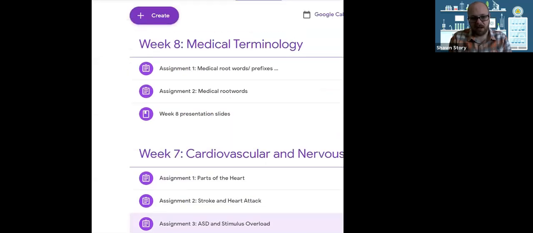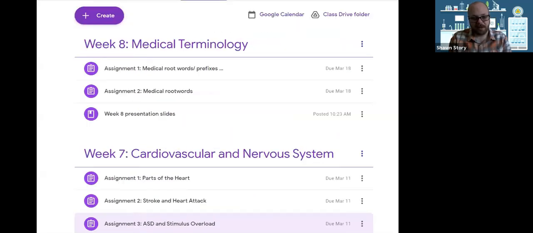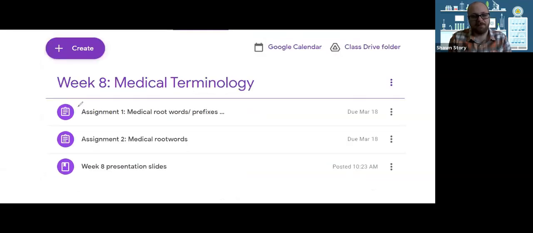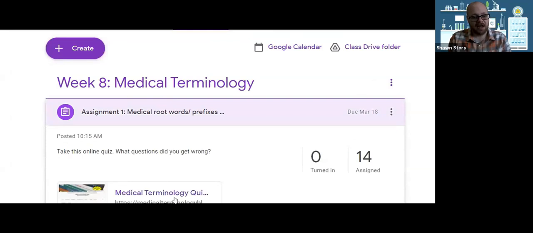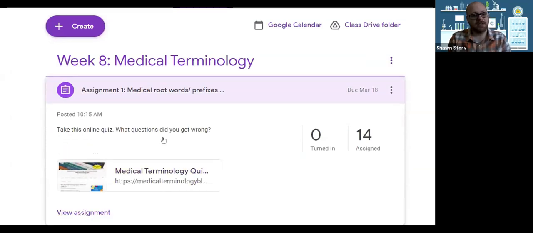So looking at homework really quick for this week, I just have 2 short assignments for you. First one is what we just did, this quiz here. I want you to take it again and really look at what are the ones that you didn't get and really break those words apart, because that is the purpose of this, right? It's more to see the ones we don't know and practice them and learn those different parts of the words that we don't know. So take it again and really look at the ones that you got wrong and why you got them wrong, and look at what the words mean. Assignment 2